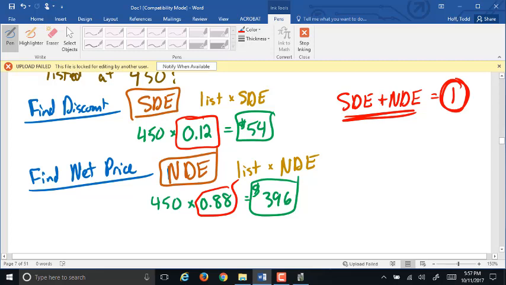The single discount equivalent and the net decimal equivalent should always add up to 1 because they stand for 100%, right? And then, of course, the amount of the discount and the net price should always add up to